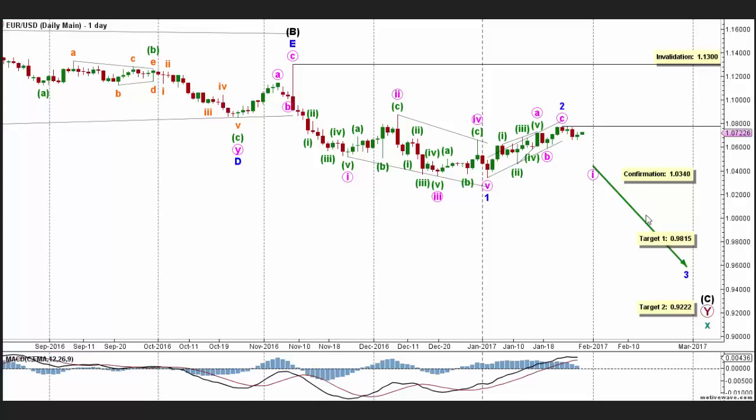Now this main count sees that blue wave 3 is already unfolding towards the downside as an impulse labeled pink waves 1 through 5, and this will be confirmed by movement below 1.0340. So at 0.9815, blue wave 3 would reach 100% the length of blue wave 1, then at 0.9222 it would reach 161.8% of its length. This wave count is invalidated by movement above 1.0775 as pink wave 2 may not move beyond the start of